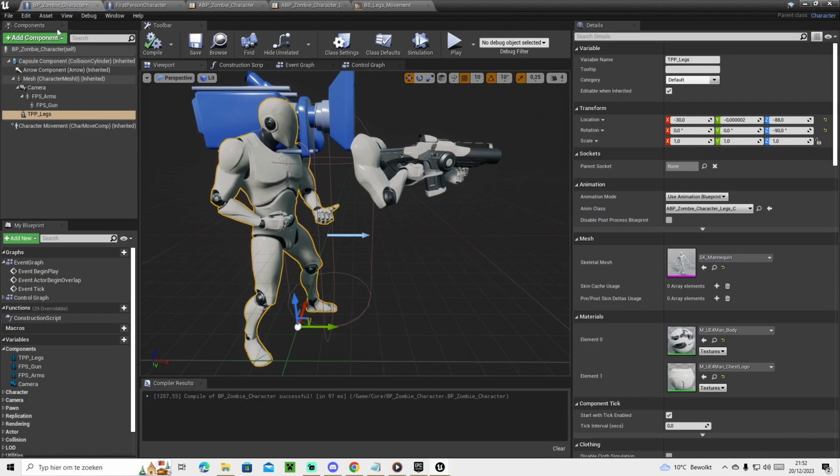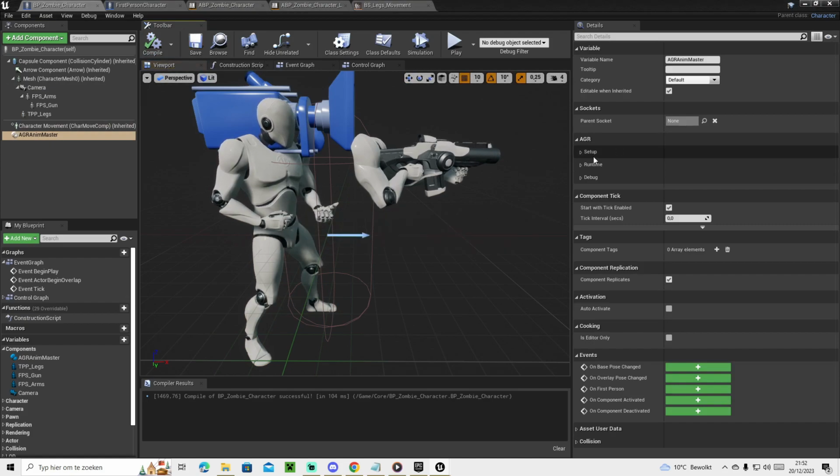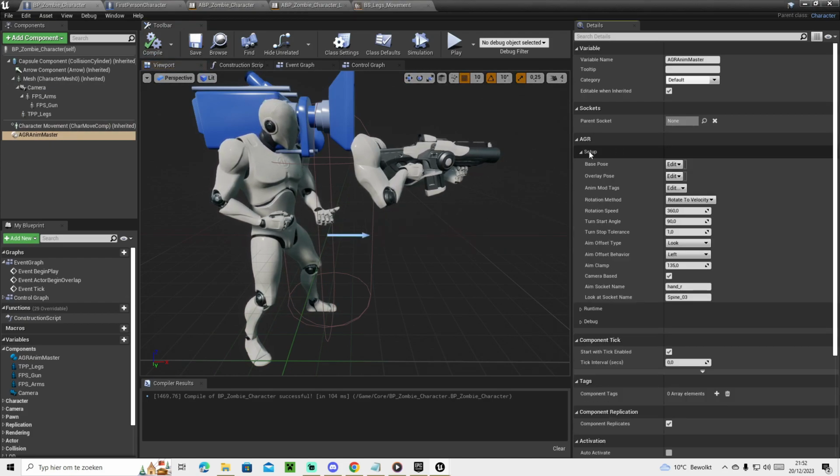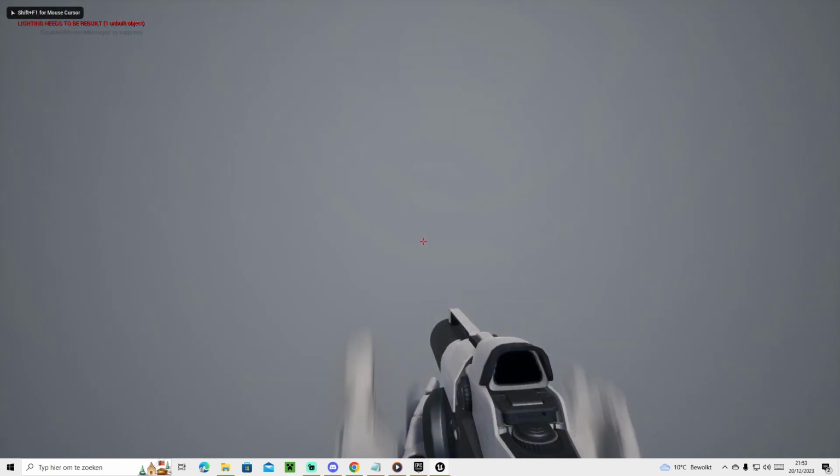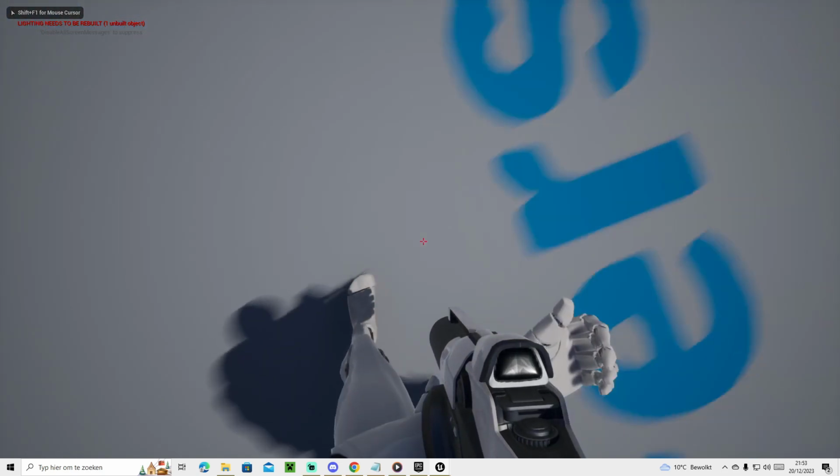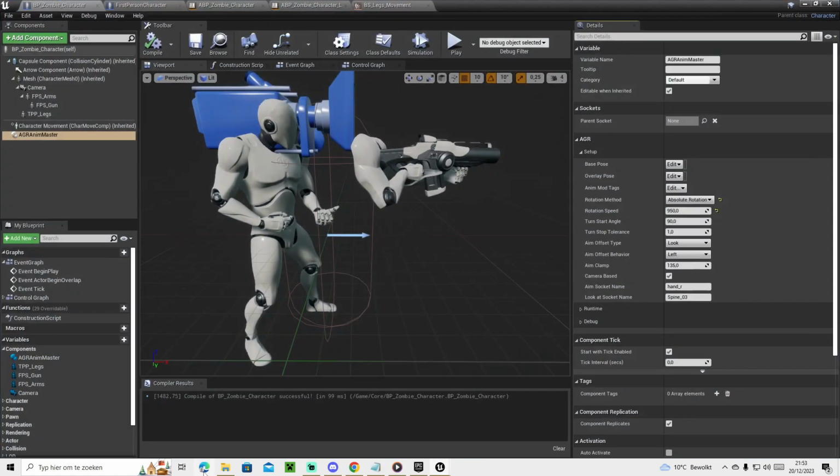One quick thing, I'm sorry, that is my mistake. We do need to add the AGR animator to our zombie character blueprint. And once you have that set up, also go into the setup on the right, and we're going to be setting the rotation method to absolute rotation and the rotation speed to, say, 950. I'll be explaining all of this in a second, but for now, let's just hit play and check it out. And it's still